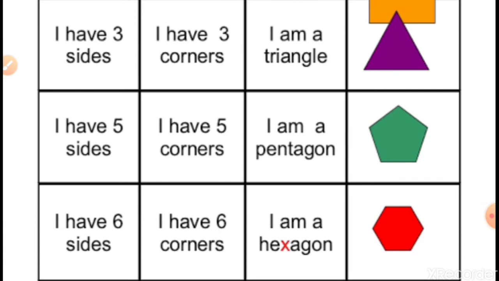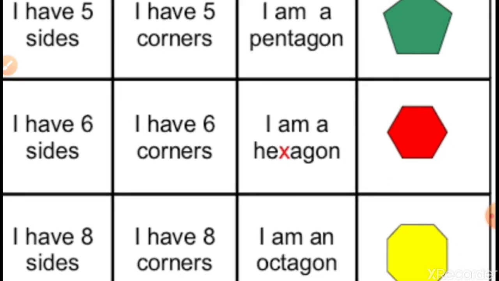Apart from these, as I told you, any shape which can be put flat on a flat surface. So it can have more than 4 sides. Okay, so there are different shapes having 5, 6, 7, 8, 9 sides. Okay, so this shape has got 5 sides. Since 5 sides are there, so 5 corners bhi honge, and the shape which has 5 sides is known as a pentagon. Penta means 5. So any shape having 5 sides is known as pentagon. So this is a pentagon. It has 5 sides and 5 corners.